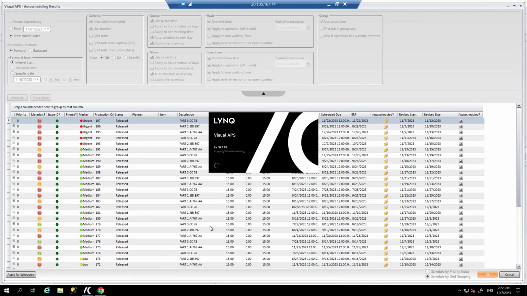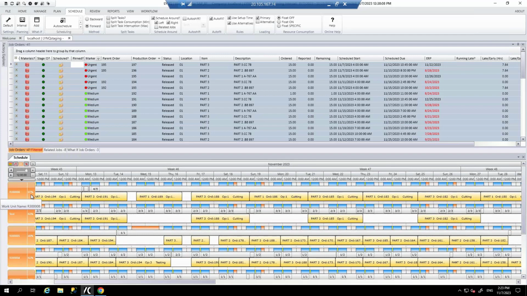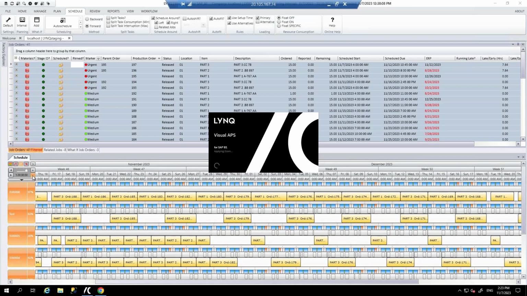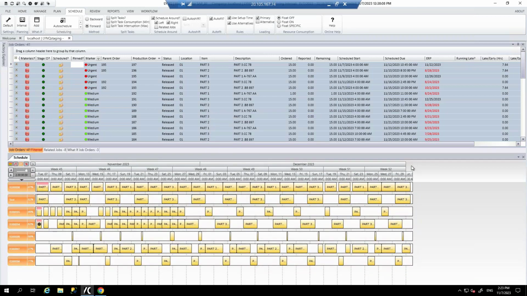And you can see now some of our capacity. In this work center, we're down to 0.7% availability. Again, just by zooming in, zooming out, you can see how each of your work centers is loaded. There's the end of my planning horizon. Again, I can extend that and do other things with it.